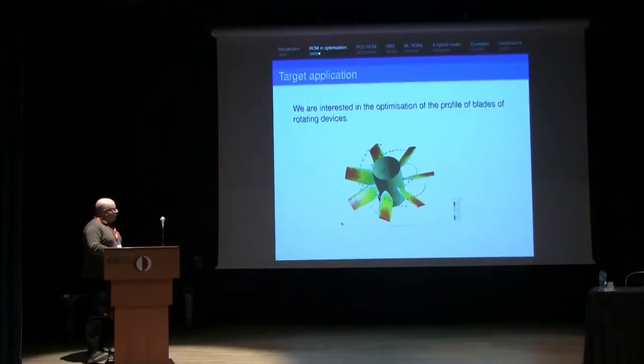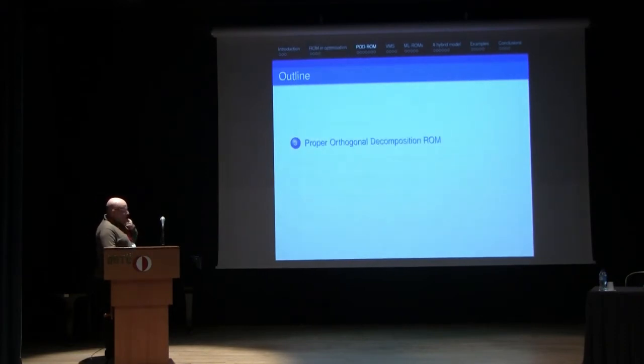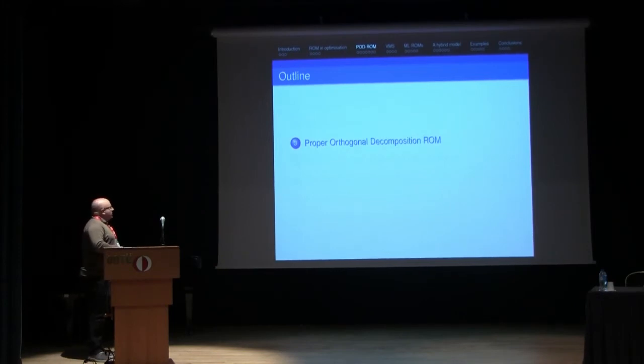The application we have in mind is the optimization of the profiles of the blades in rotating devices. Okay, so the takeaway message is that reduced-order modeling is very useful in optimization. That's it. Okay. So let's talk a bit about a particular reduced-order model, probably the most